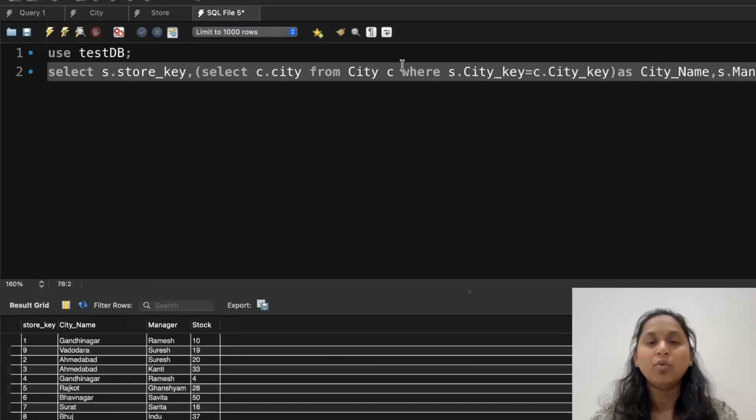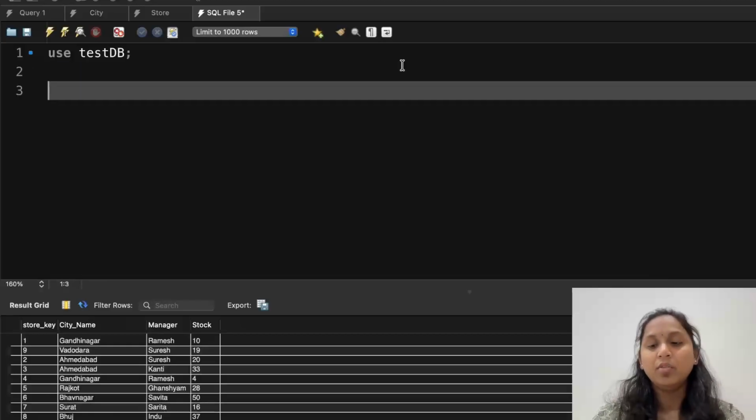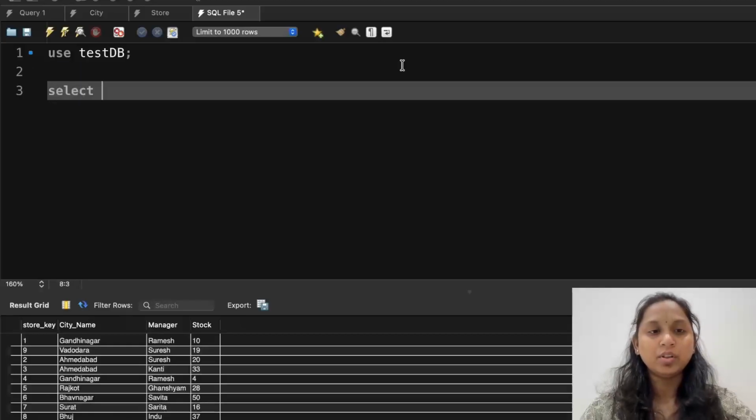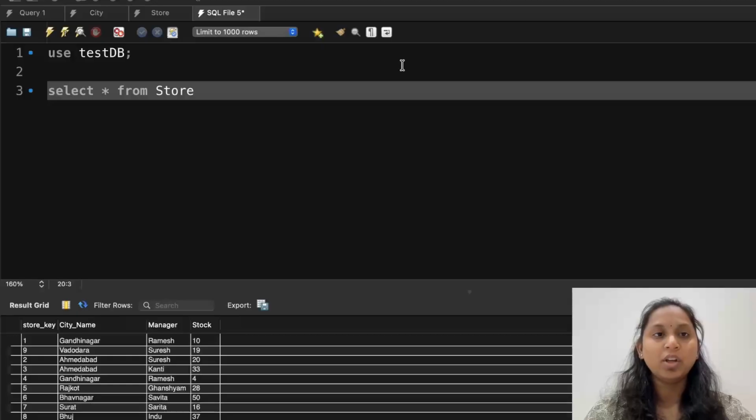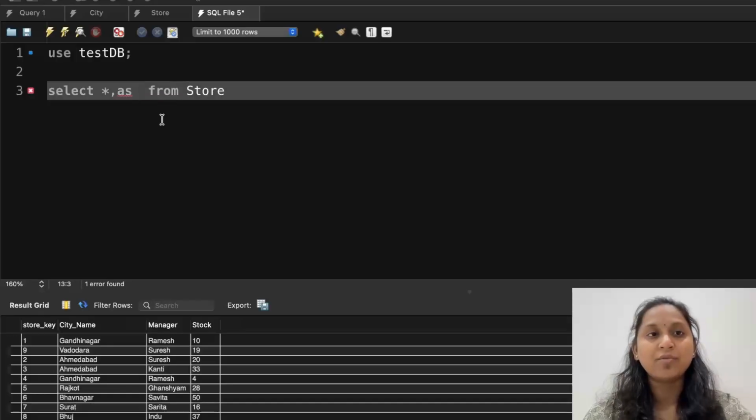What can I do in this? First of all, try to create a normal query, that is select star from store. And what is expected is, we want a specific label for specific employees. So I want an extra column after star. What extra column do I want? I want an extra column as staff detail or anything. Okay, you can use the word staff detail, that it is an older staff or a new staff.